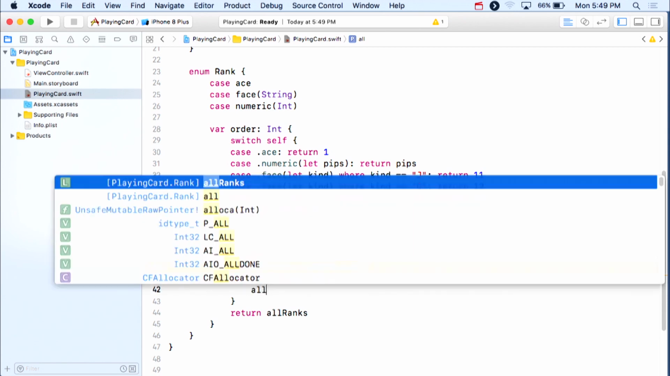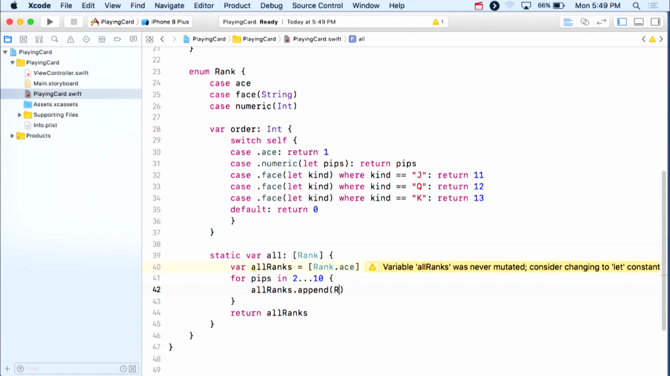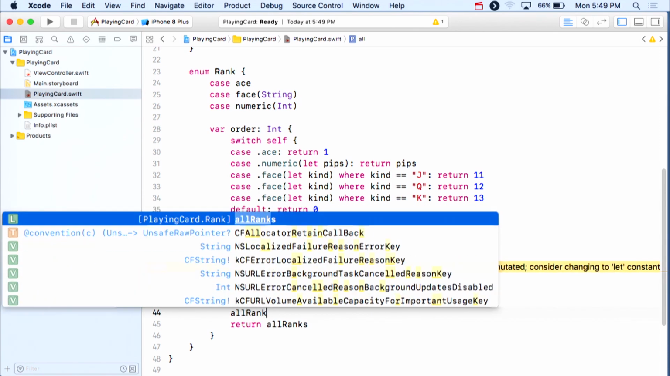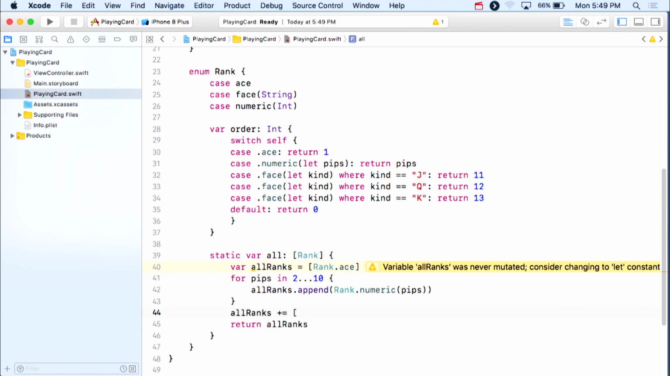And now I can say allRanks.append a rank.numeric with that pips. Okay, so now I've added all my numeric ones. And then maybe for the face card ones, I'll just say allRanks plus equals an array that has rank.face, where the kind is a J. And then I'll just copy and paste,